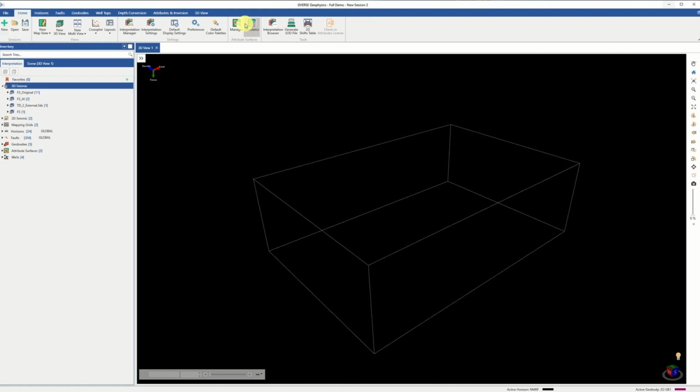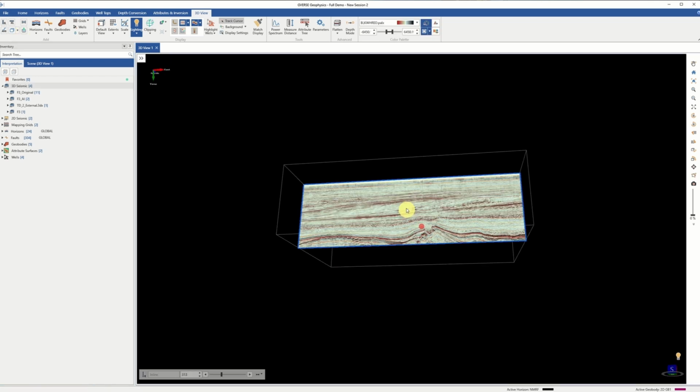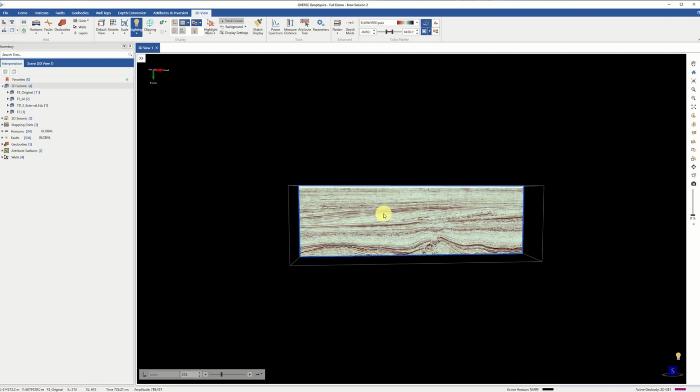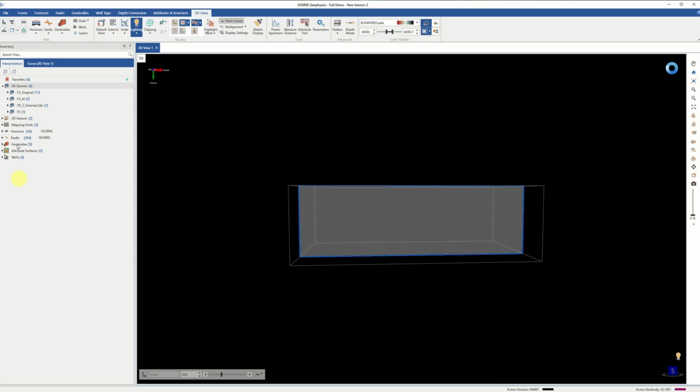And now I can call on different inlines and cross lines here in 3D and actually perform my attributes directly in 3D view. No longer am I restricted to the multi-panel view. Now I can come in and add attributes, simple attributes like frequency tunes and semblance. I can also add in inlines and cross lines and do multiple calculations,